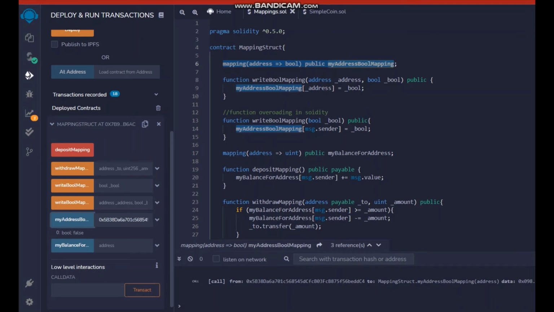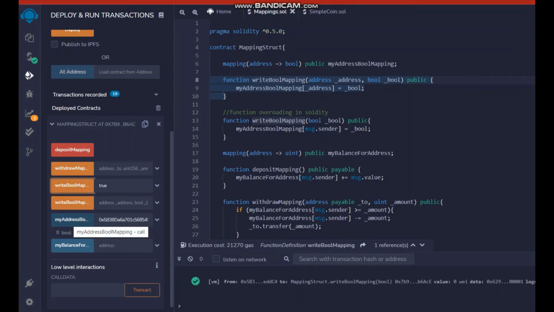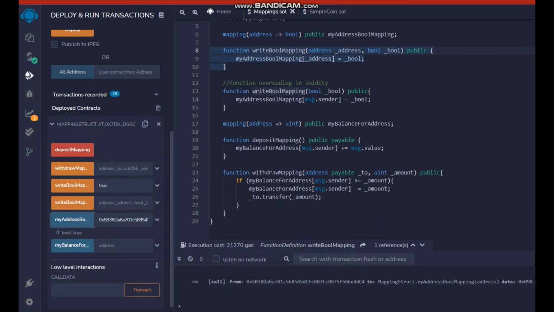So I want to use this function write bool mapping. So I think this one, yeah, write bool mapping. So let me just write true over here and call write bool mapping. It's called. Now let me just call my address bool mapping again, and it's true, right? Next we have a function